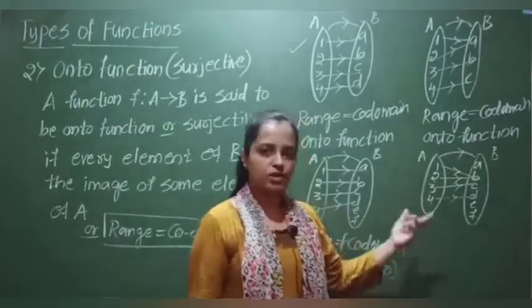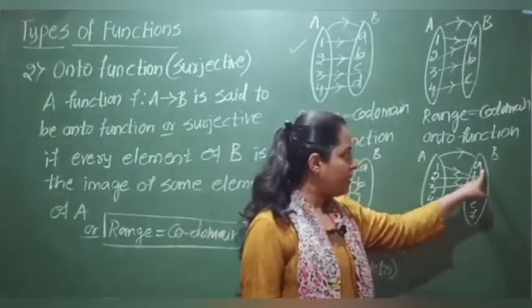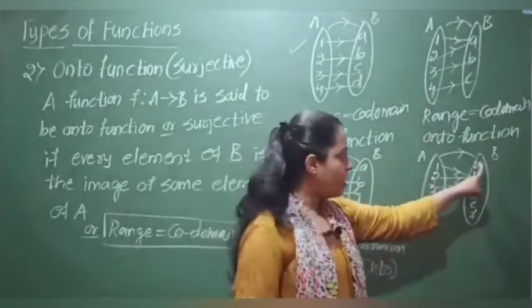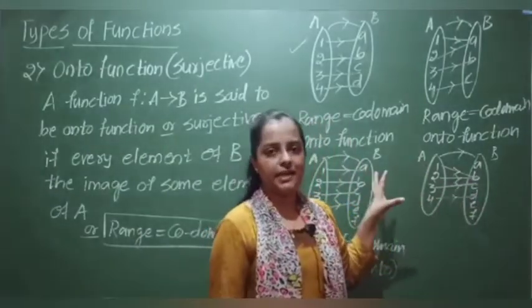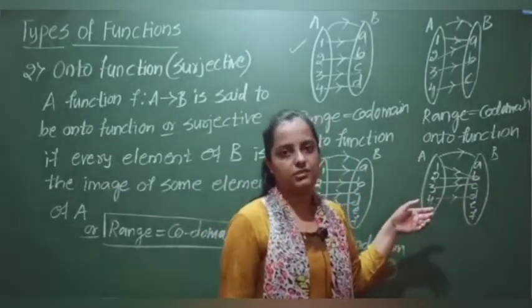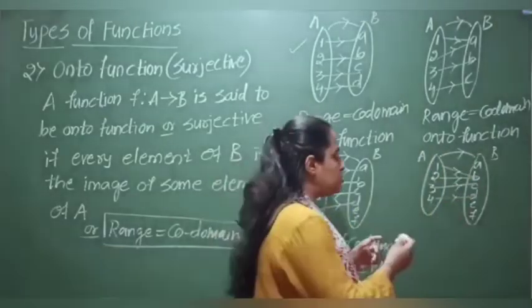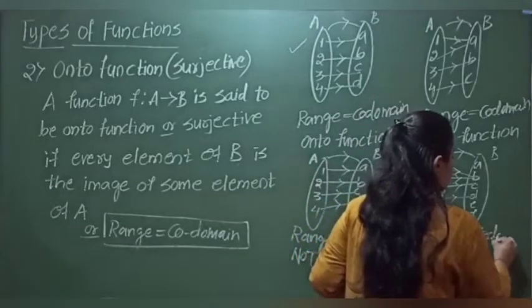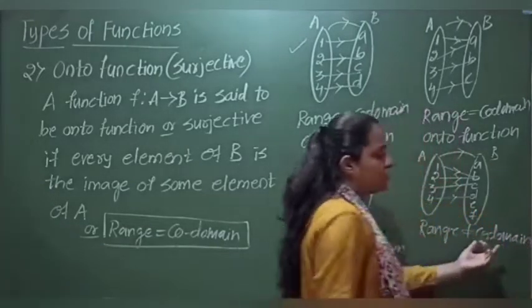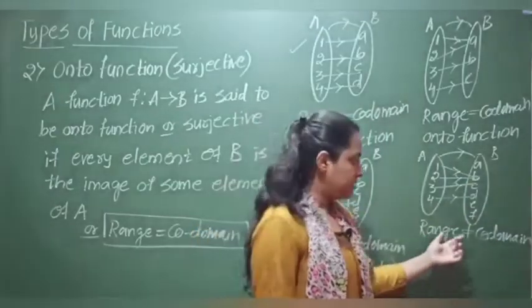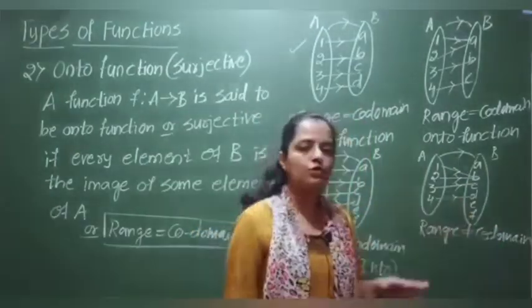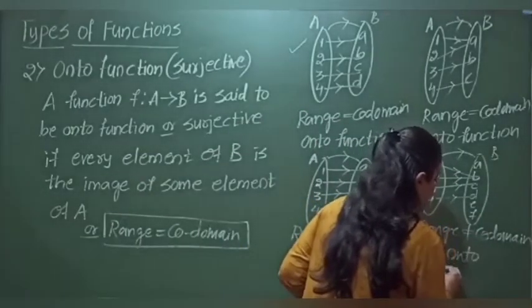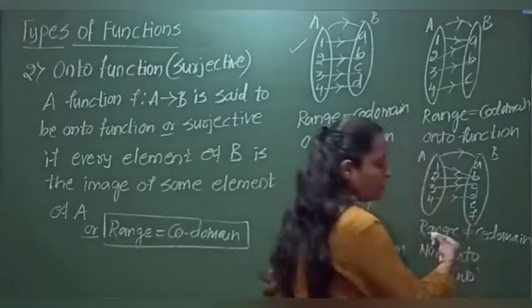No, it's not onto function because nodri ille B ಒಳಗಿರುವಂತ ಎಲಿಮೆಂಟ್ A, E, F ಇವಕ್ಕೆ ಪ್ರೀ ಇಮೇಜ್ ಎಕ್ಸಿಸ್ಟ್ ಆಗಿಲ್ಲ, ರೈಟ್? These are not the images of any element of the set A. These elements are not having any pre-images, right? So range is not equal to codomain, right? Or you can call range is a subset of codomain. Therefore this is not onto. If it is not onto, you can call it as into function, right?